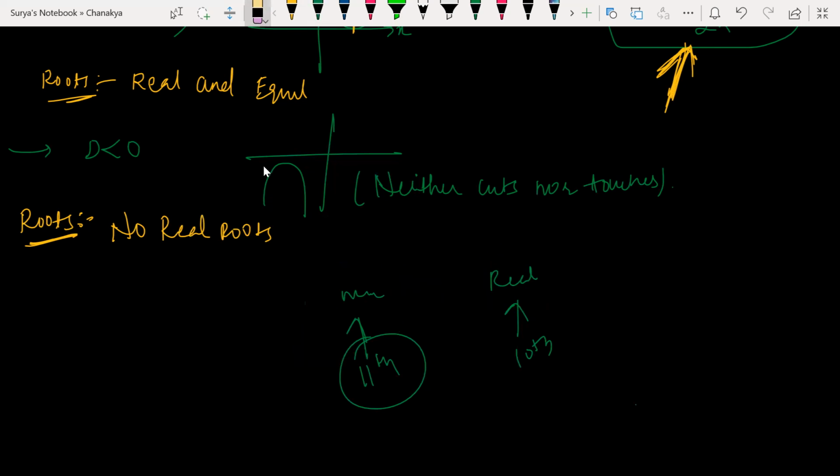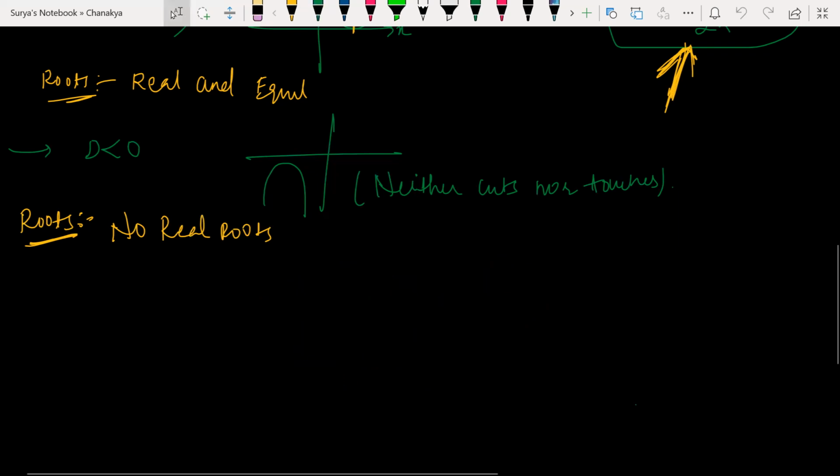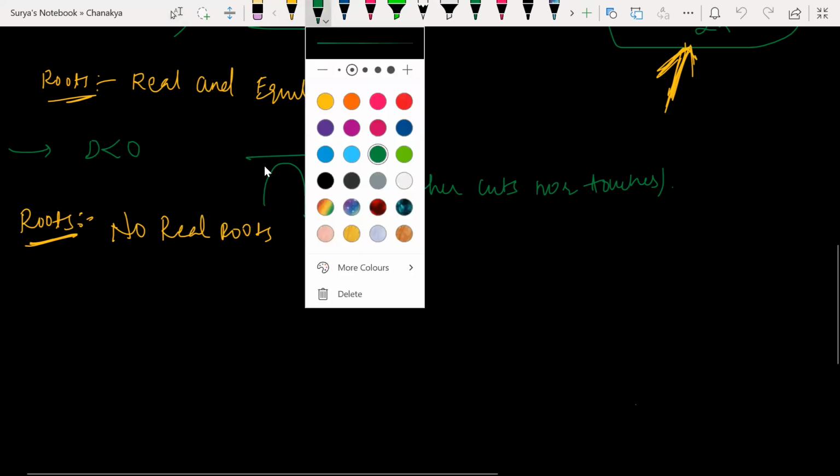Clear? So till 10th standard, you'll be learning what? Real numbers only. About real numbers. Coming to the 11th standard, you'll be learning about complex numbers. Complex number is nothing but what? Any number in the form of a plus ib, like 2 plus 3i, minus 4 plus 3i, and so on. Why do we use complex numbers? For finding the square root of negative numbers. Okay, so there are big stories behind that. We don't have much time to discuss. So let's not go beyond that.